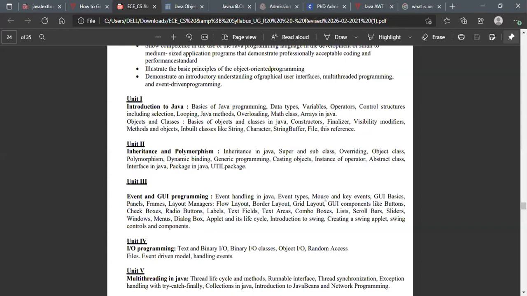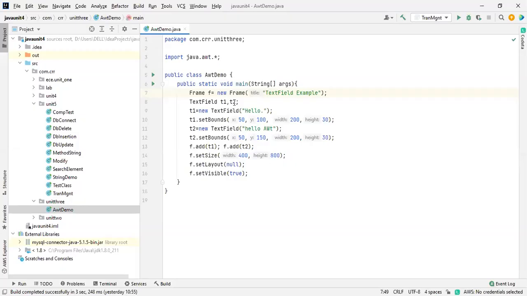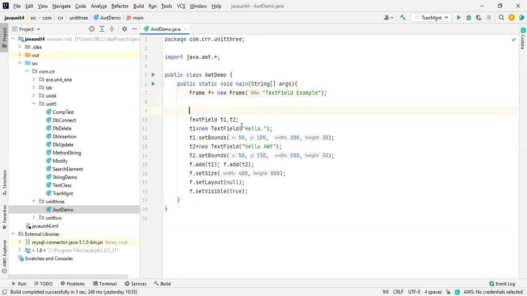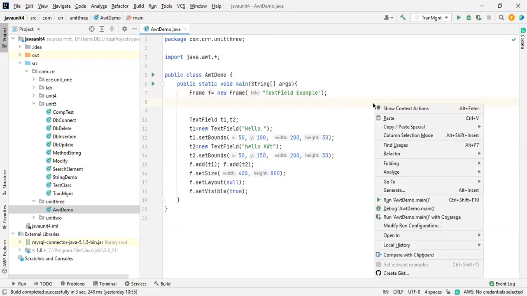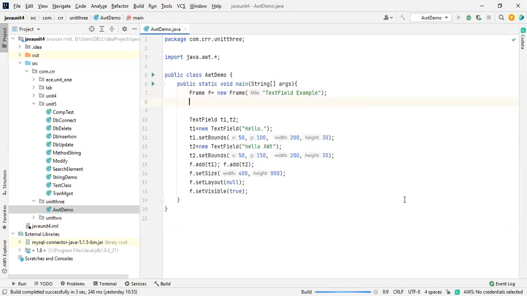So today itself, we are going to discuss, wait a second. This is the text field, right? Frames. In your syllabus we have frames also. So what is a frame? What does it consist of? When I run this program, this is the last example we just took. I want to run this program and show you what all is available.